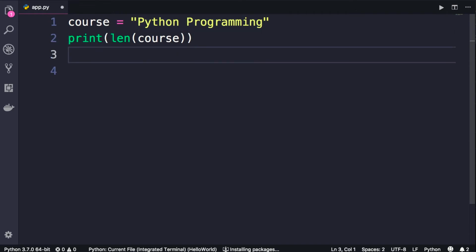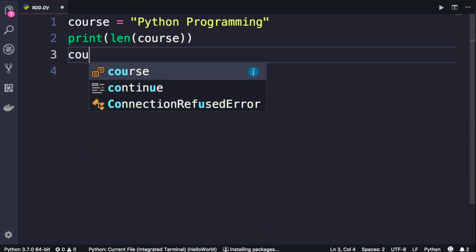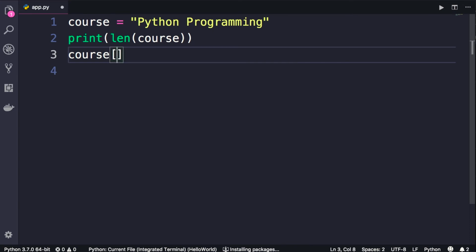If you want to get access to a specific character in this string, you use the square bracket notation. So here we add course, square brackets. To get the first character, you use the index 0. So in Python, like many other languages, strings are 0 indexed, which means the index of the first character or the first element is 0. So now when we print this,